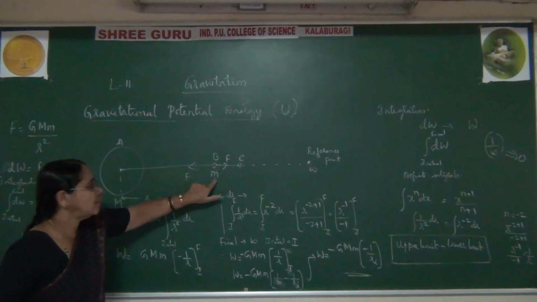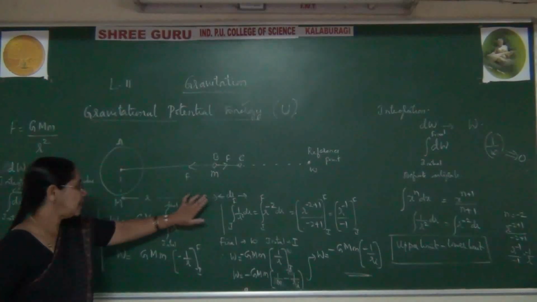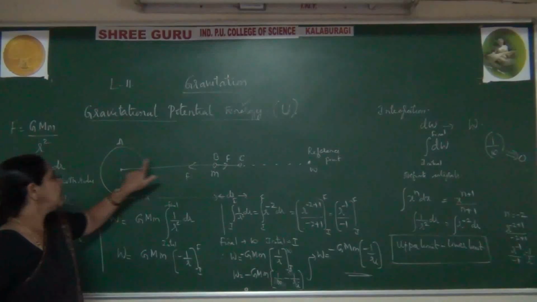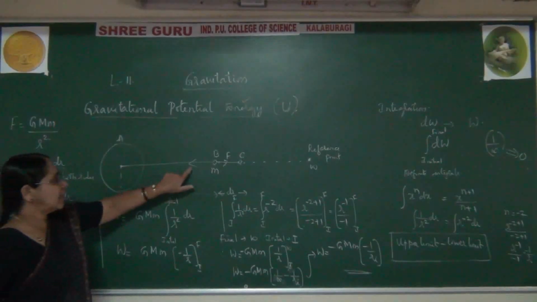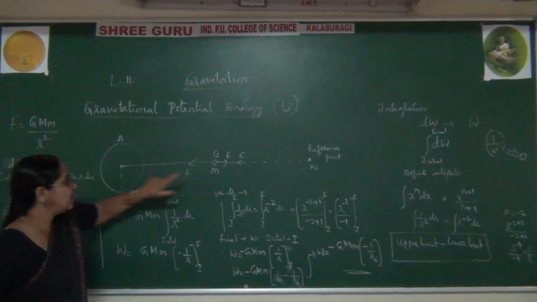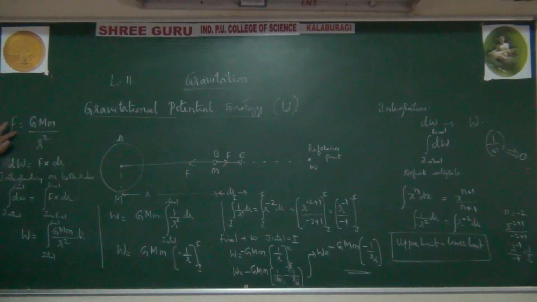Small m is the mass of the one object. These two are separated by some distance r. And always the small object is attracted to the huge mass. Hence we write the force in this direction. There arises a force of attraction between them, and that is called the gravitational force, where F is equal to G M m by r square.